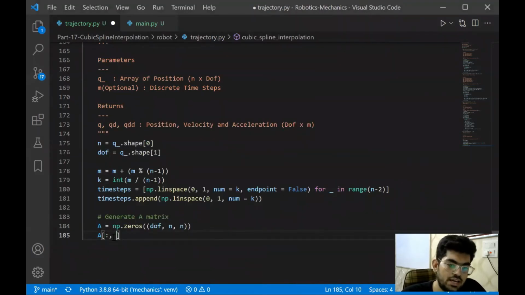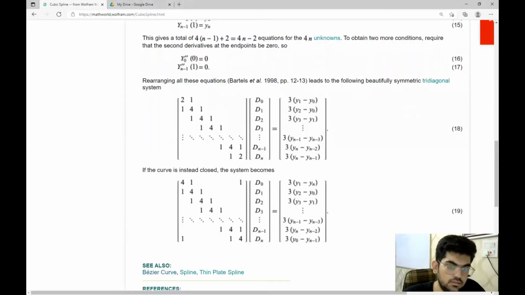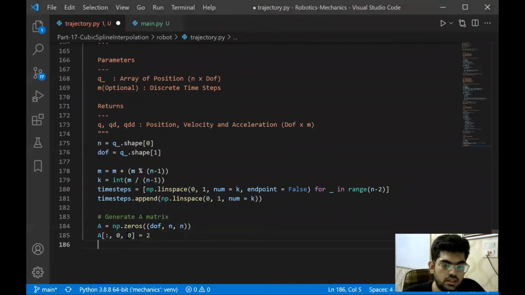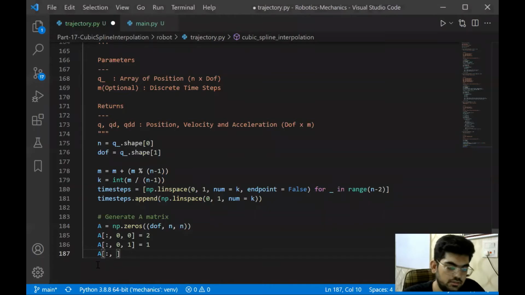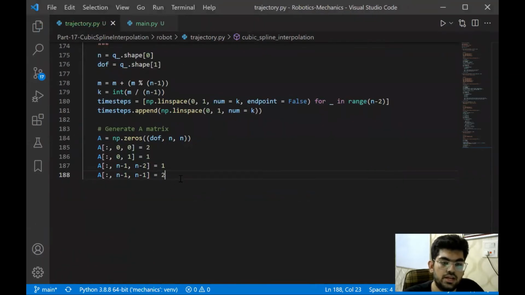Now we have this 0,0 that is initialized by 2, and 0,1 that is initialized by 1. And the last element and the second last, n minus 1 comma n minus 2, is going to equal 1, and the last element is going to equal 2.